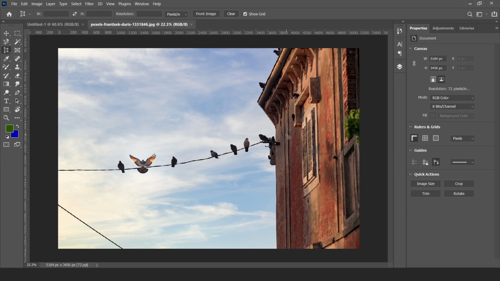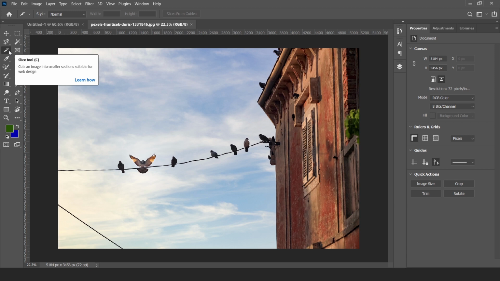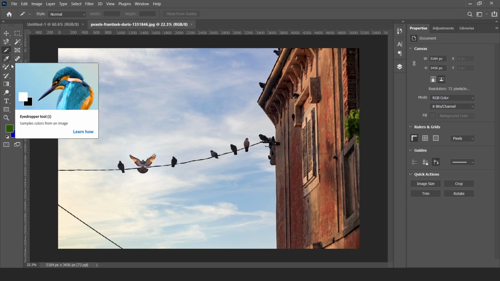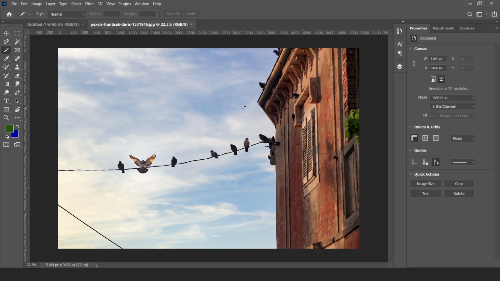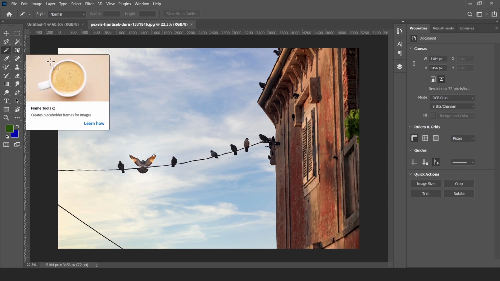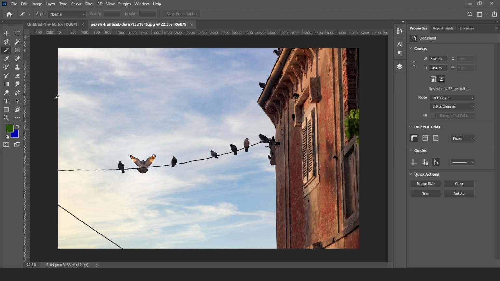Now next is slice tool. Slice tool is still not usable in the image. We will discuss this tool later because this will help when we create carousels like Instagram sliders, and this tool helps in that case. So next is